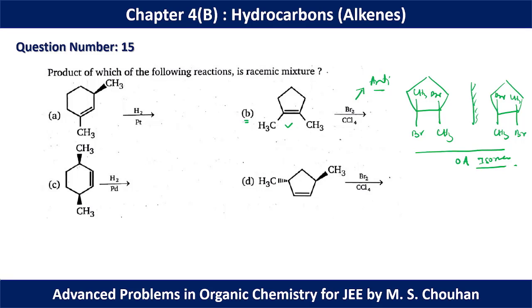If we want, we can draw the situations from C. The C will look like this: methyl, methyl, methyl, methyl, hydrogen, hydrogen, hydrogen, hydrogen. This is optically inactive due to the presence of a sigma plane. Same thing with this and this also. In this case we can have two diastereomeric products, diastereomers, but not enantiomers.